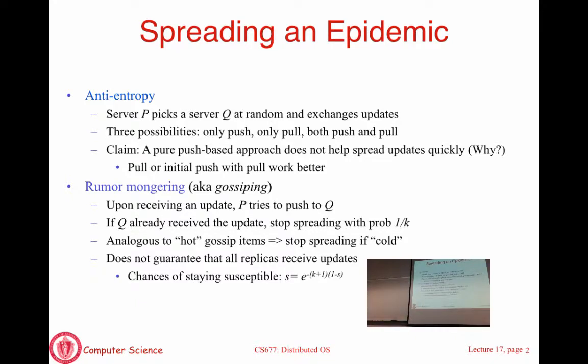Okay, so if you want to aggressively stop, you can basically set K to be very low, so that 1 over K is close to 1. So as soon as you see that some other server has seen your update, you back off saying, I'm done. I'm not going to spread anymore. Other servers may still be trying to spread, but eventually they will all back off aggressively. Or you can set 1 over K to be a very low value, which means even though other servers have seen it, you keep trying, saying, maybe this server saw the update, but there may be others that have not, and you keep trying. Okay?